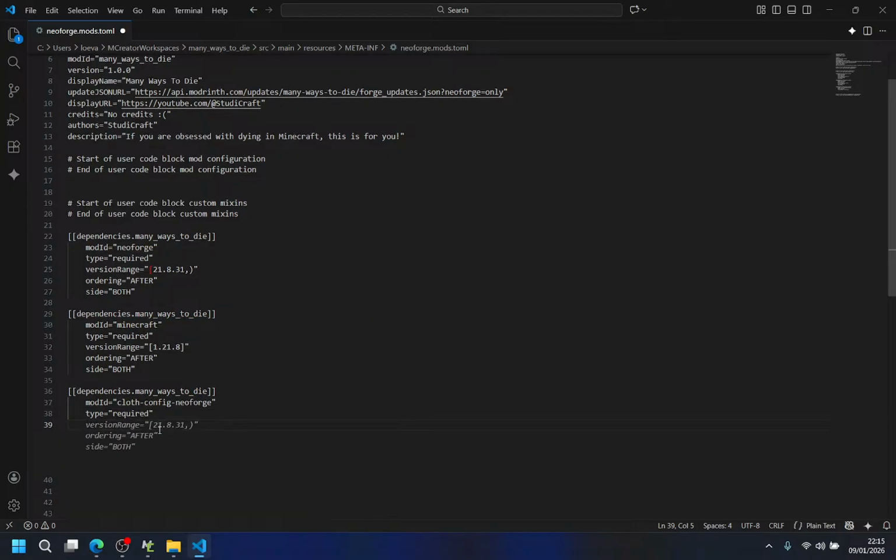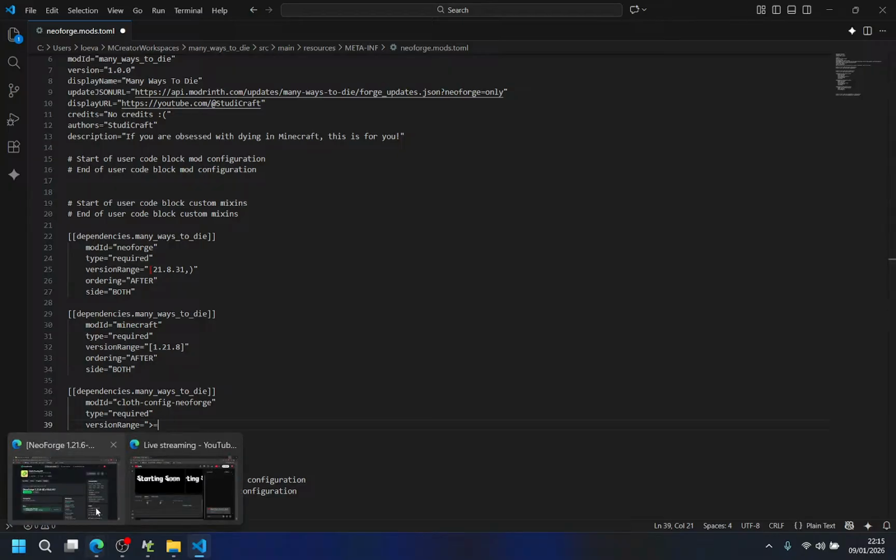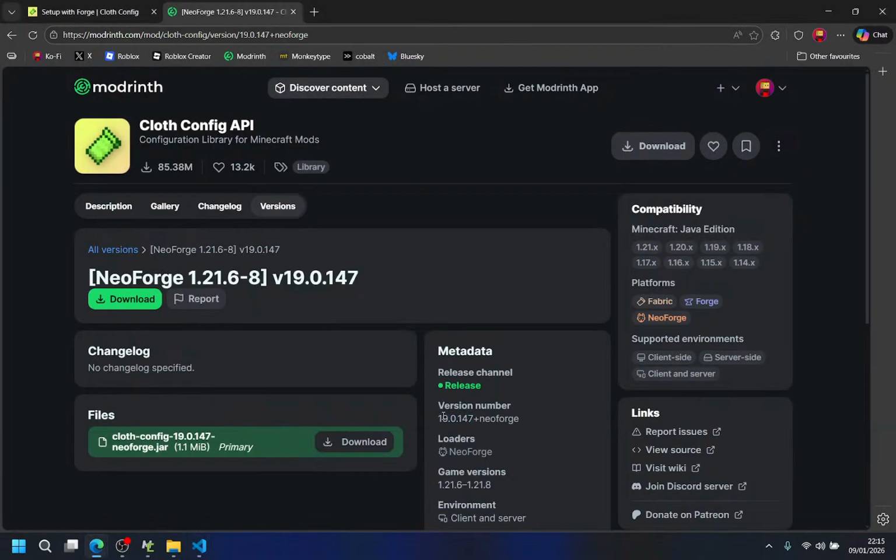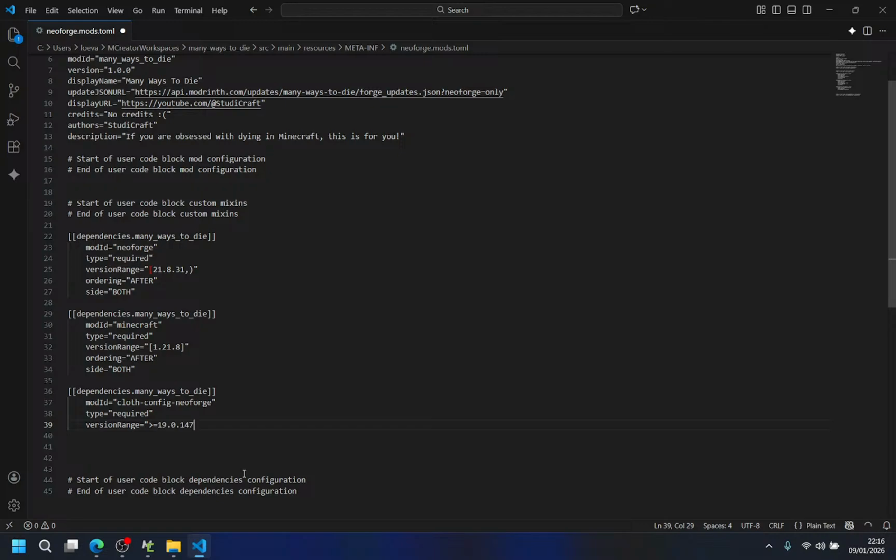I mean, yes, it's required. The version range will be equal to above or equal to the version that is on Modrinth there, like that. The other thing is after, inside this bracket.